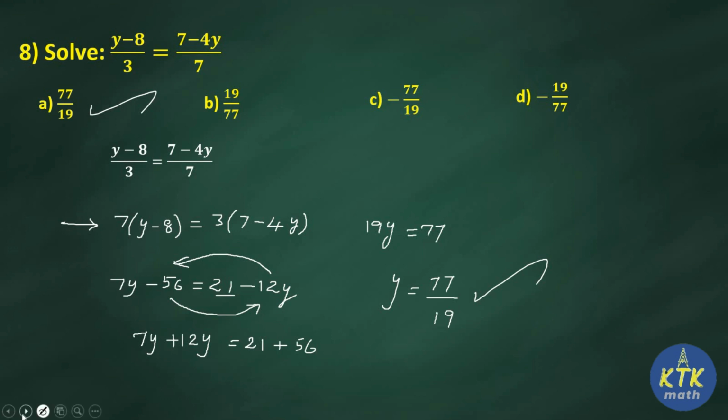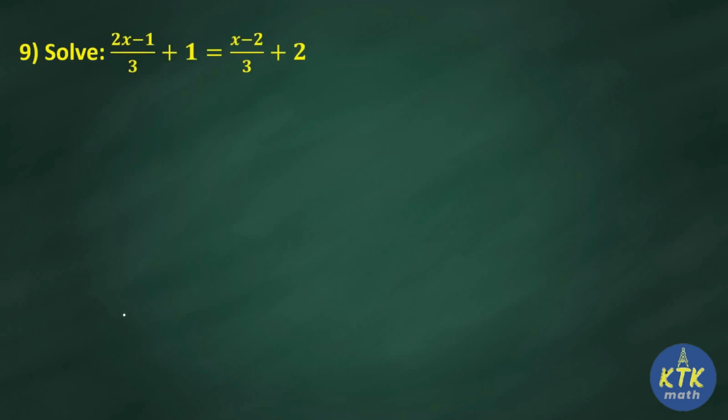We'll go to the 9th question now. Question number 9 also looks like a fraction with a number on both sides. Your options are given like 1 by 3, 2, 1 by 2 and 3. The options look easier than the question. Okay, as usual, write the question. Now what I am going to do is bring the fraction terms on one side, number terms on another side. I hope you understand. If you want to try, you can pause the video, try the sum, then resume and check your answer.